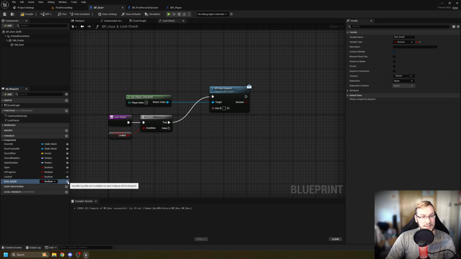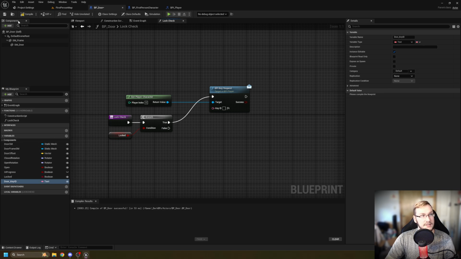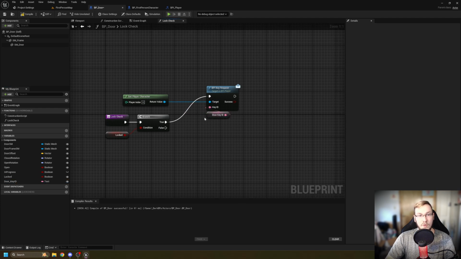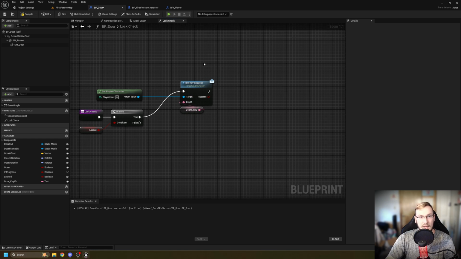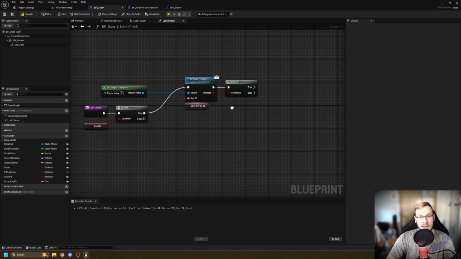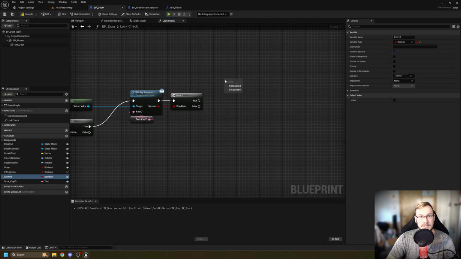But I'm gonna go ahead and open this up, make it a public variable, and switch it to a set of text and hit compile and save. Then we'll take the door key ID and make that the condition that we're looking for, or the input for the key ID that we are requesting. And of course, now we can just hit B and click for a branch because it returns whether they have the key or not. So if they do have the key, we can just simply set locked